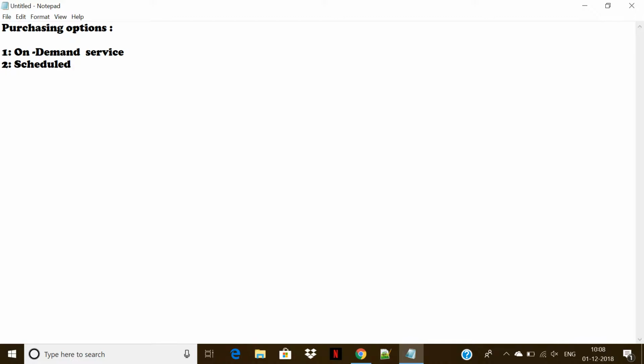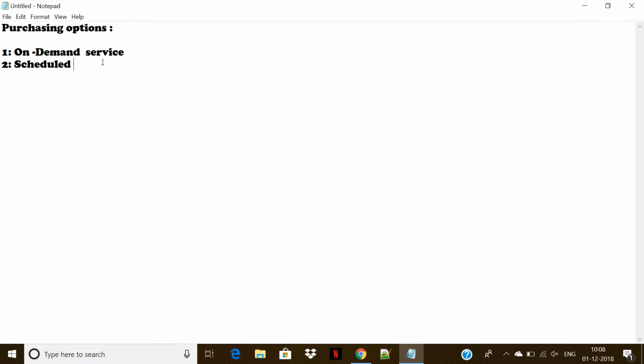The third one is reserved. Reserved is quite often used mostly by companies for commercial purposes. Reserved means I have created an instance now and I reserve it for 5 years. So no one is going to touch it. AWS is not going to touch it, or some other person is not going to touch it. And I have to pay in one shot for 5 years. It's like either you take a room on a monthly rental basis or you take it on a lease for the next 2 years. Which one is beneficial? 2 years, obviously.